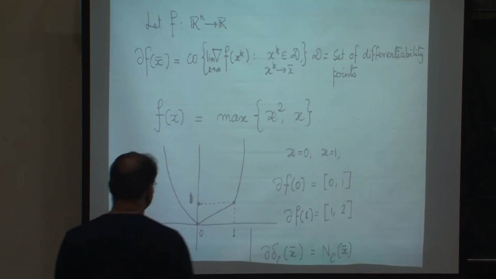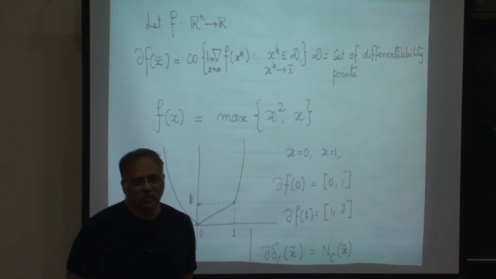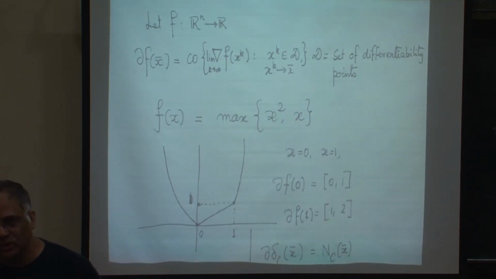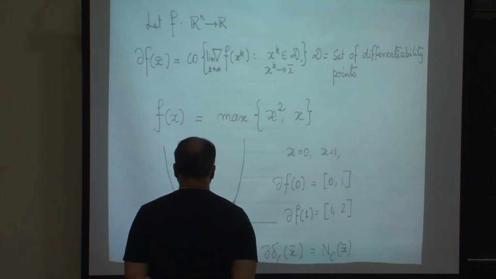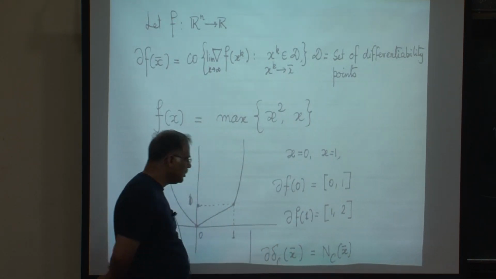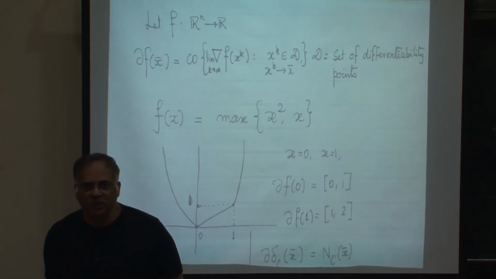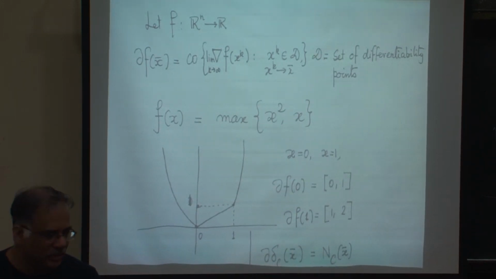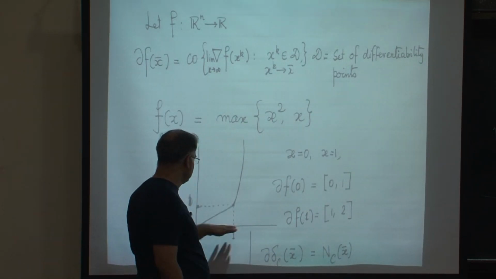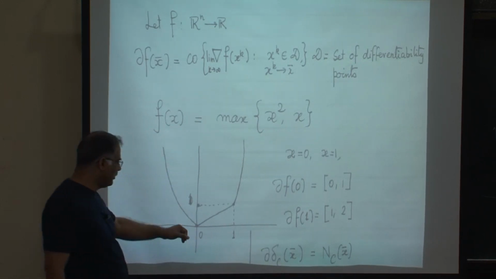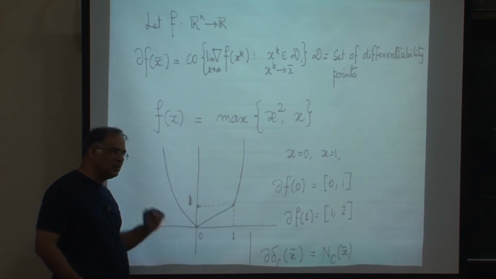So, the point of non-differentiability is x equal to 0 and x equal to 1. All right, the points of non-differentiability are x equal to 0 and x equal to 1. Now, let me try to calculate the subdifferential at 0, because the derivative does not exist here, because on this side the derivative value is 1 and